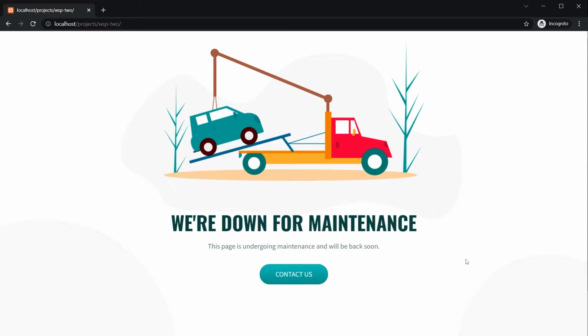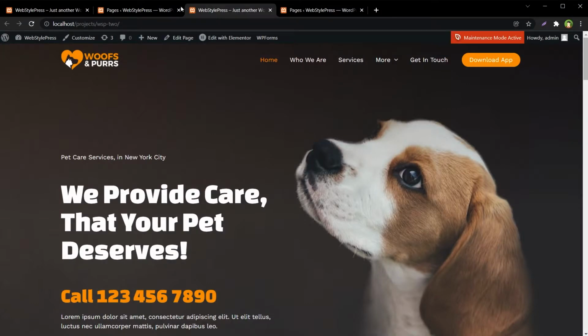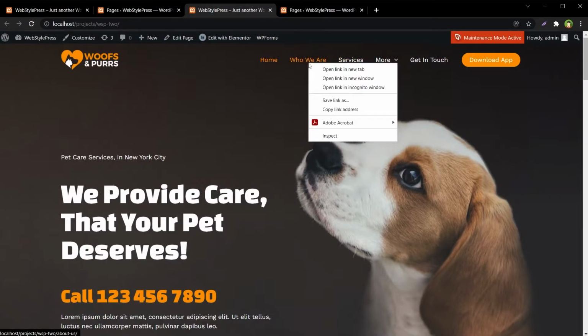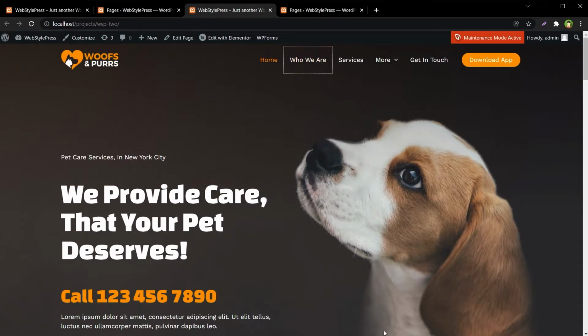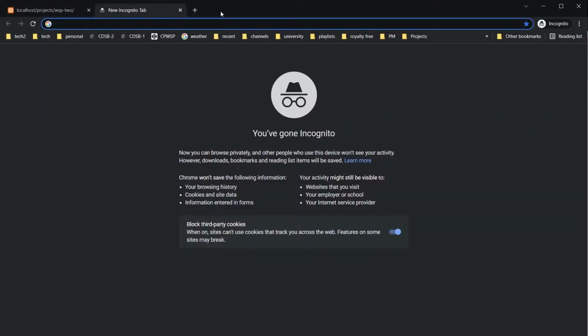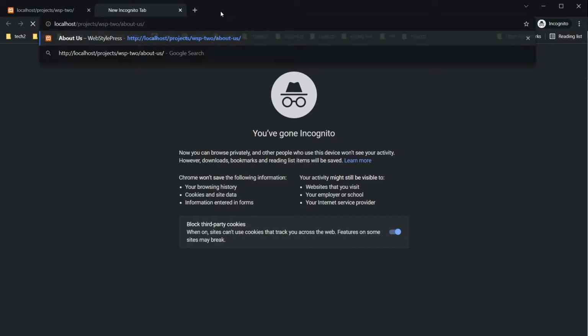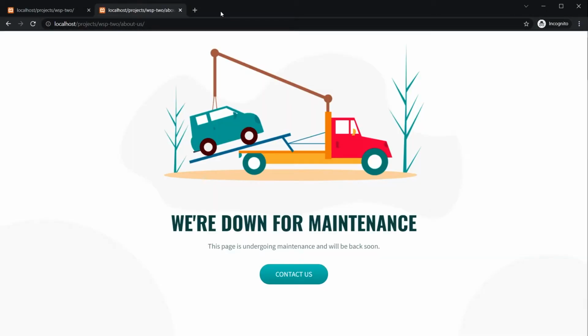This maintenance mode will block every page in your website from users. For example, if I want to access this page while the site is in maintenance mode, I won't be able to access it. I will see the down for maintenance page.